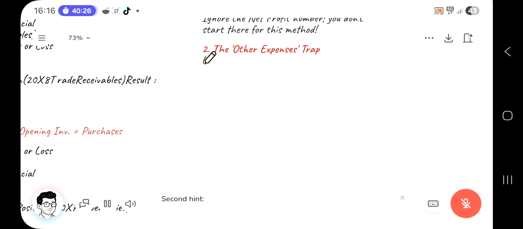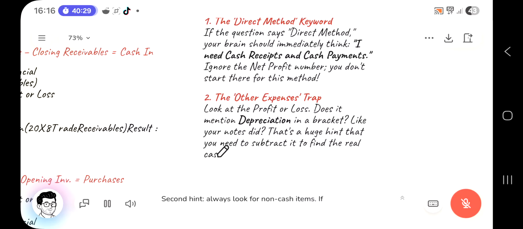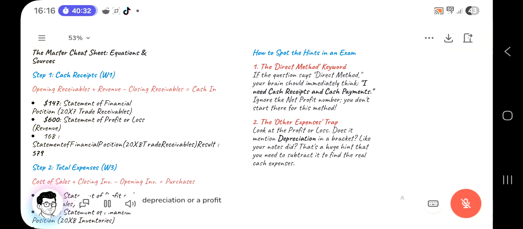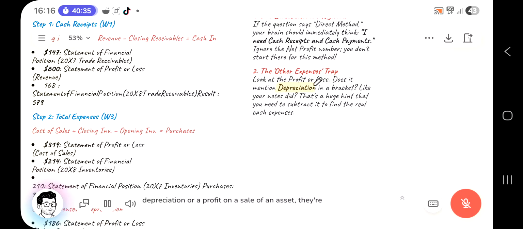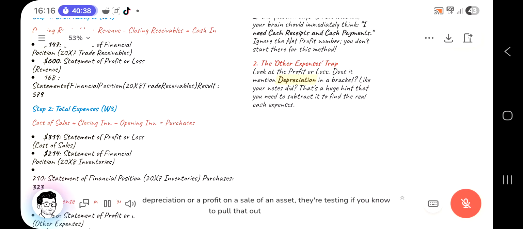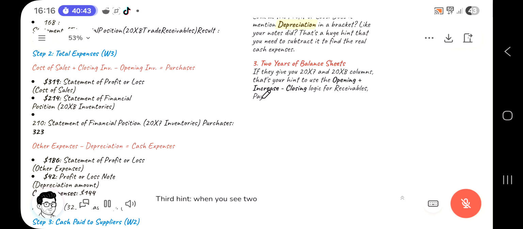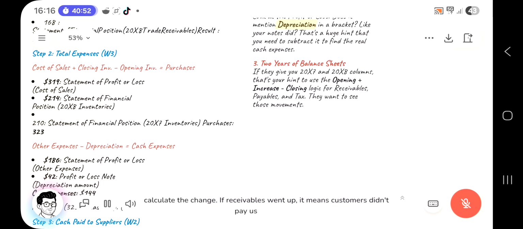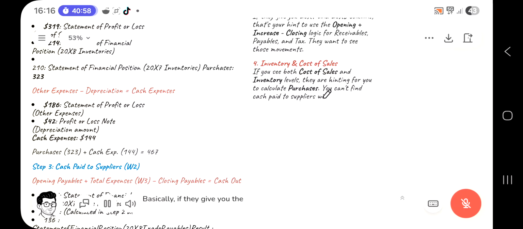Second hint, always look for non-cash items. If they give you depreciation or a profit on a sale of an asset, they're testing if you know to pull that out of your cash flow. Third hint, when you see 2 years of data, that's your signal to calculate the change. If receivables went up, it means customers didn't pay us in cash yet. Basically, if they give you the ingredients for a formula, they expect you to cook it. Does identifying those ingredient clues make the exam feel